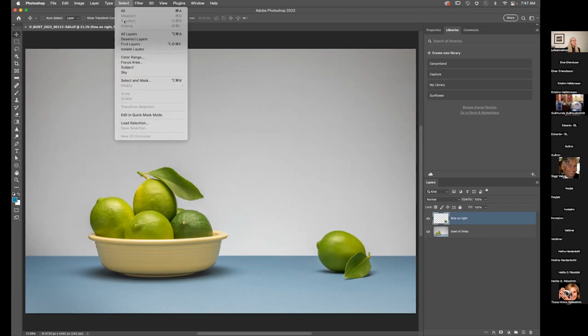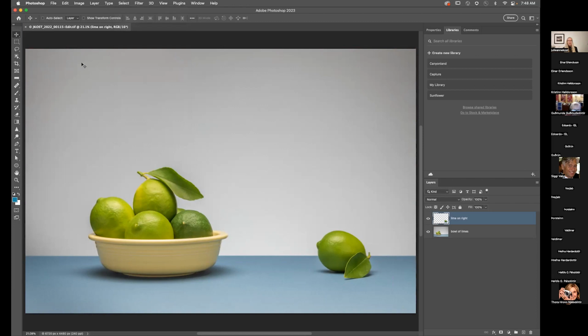Now, there is select subject. Select subject is great if you have one subject in your image, even if it's like a person or something, because it will go and try to find not only hair, but the face and the clothing and all that. So it works really well if there's one subject. But if you want to kind of drill down and you want to actually start looking for, somebody has their,